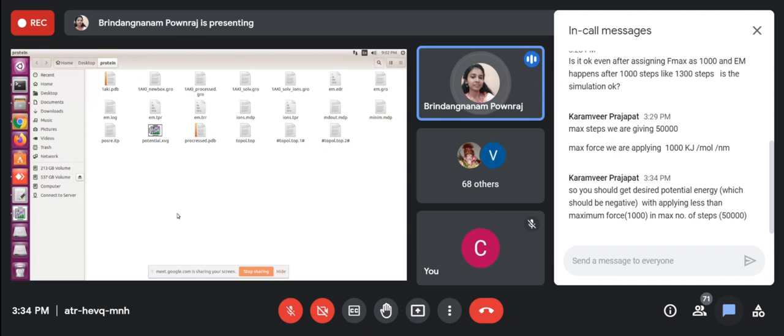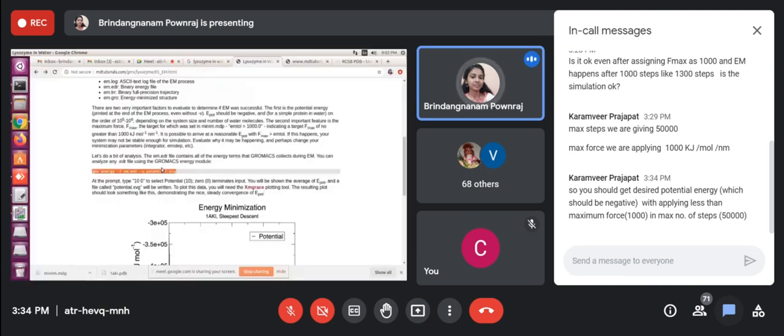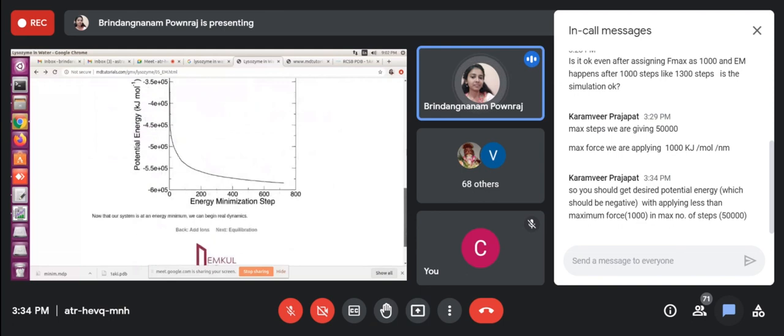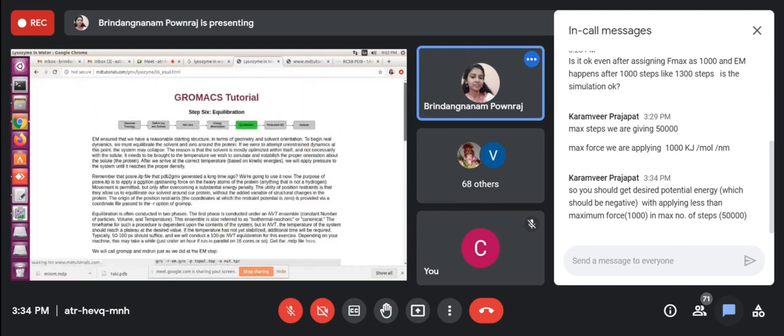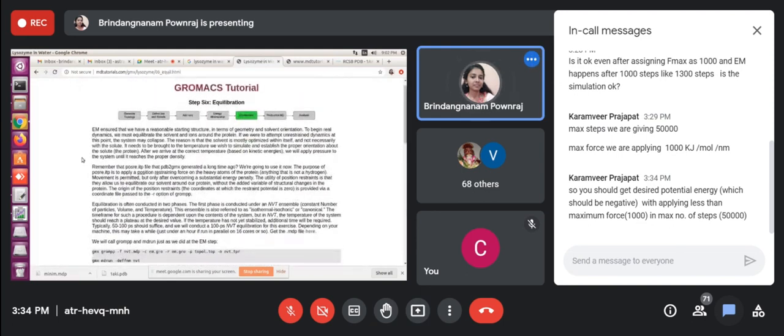So if you convert that degree to Kelvin, it will come around 350 or 300 something. So first step of equilibration, we are stabilizing the protein with temperature.